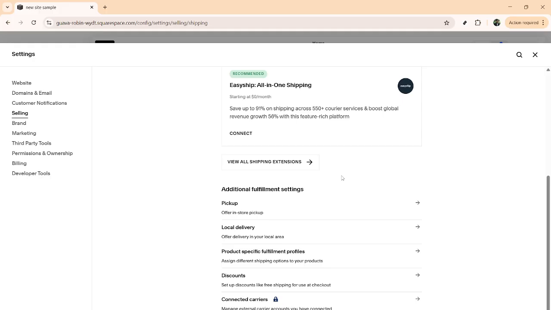After setting up, run a test checkout with different addresses and items to confirm the right options and prices appear. You can edit, reorder, or disable any option anytime as your shipping strategy evolves. That's it. Your shipping profile